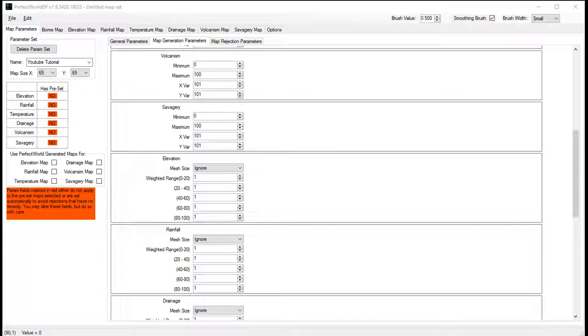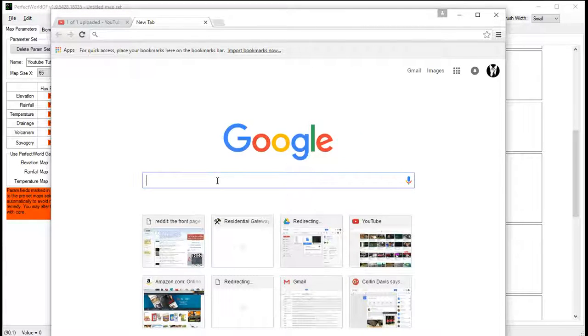So, now I know that my weighted ranges are all based upon making that a possibility. Now, I'm going to come back in here and do the